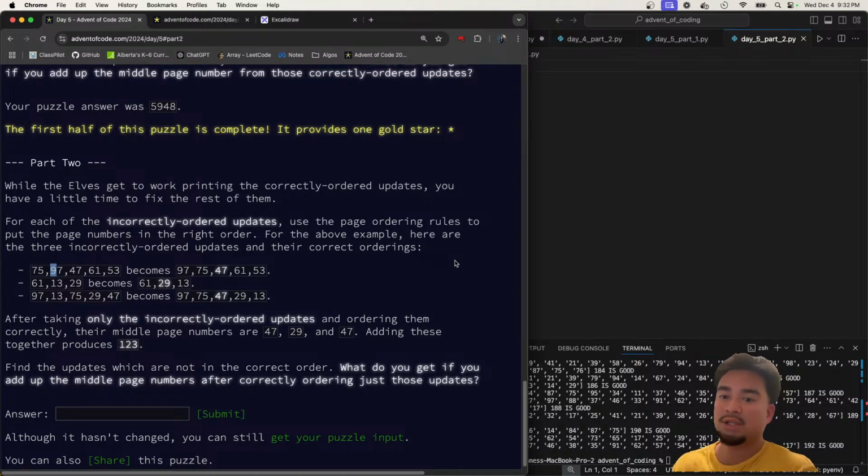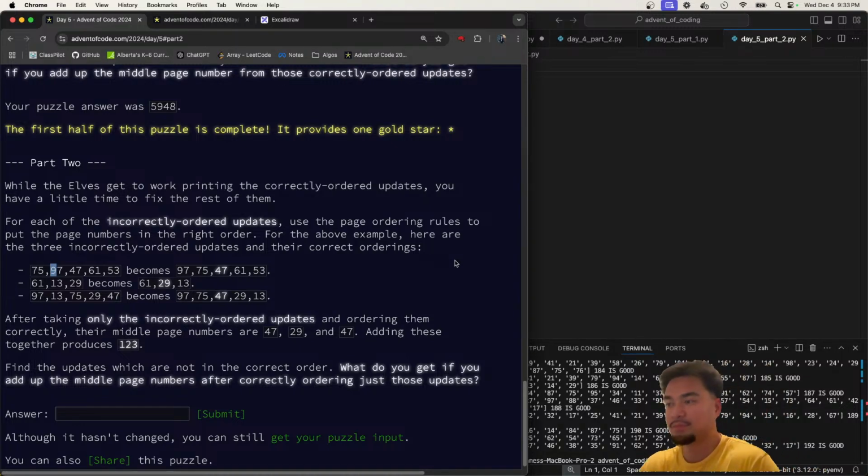Then I'll look for the next element, and then I remove that from the set of ones that I care about. Then I'll look for the next element, and then I'll place this. If it doesn't appear in anyone's